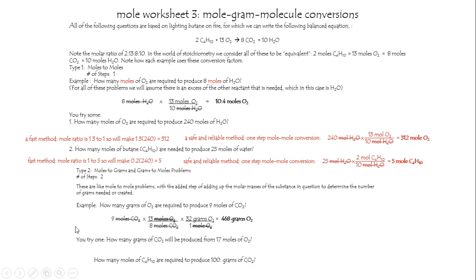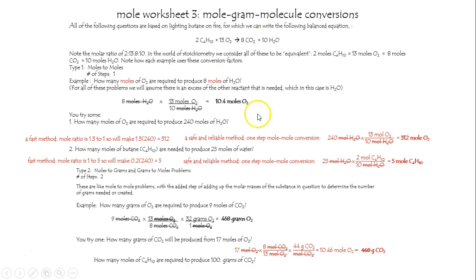This one's for you. Suggestion is to pause this video, try it on your own, and see if you got it right. How many grams of carbon dioxide will be produced, since it's a product, from 17 moles of oxygen? Start with what you're given, 17 moles of oxygen. Draw your two lines, equals blank grams of CO2, and convert. There it is shown completely. And every 13 moles of oxygen only requires 8 moles